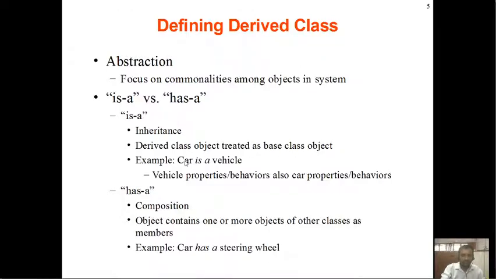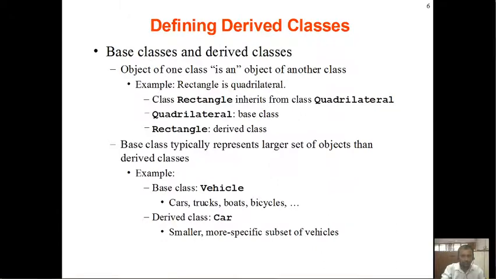Okay, so we can say car is a vehicle. If we have vehicle as the topmost class, from that we can have car or two-wheeler or three-wheeler. So we can say car is a vehicle, right? Vehicle has some properties, and all those properties are extended inside a car class. So there is always an is-a relationship when we say inheritance, and a has-a relationship when we say composition or aggregation.